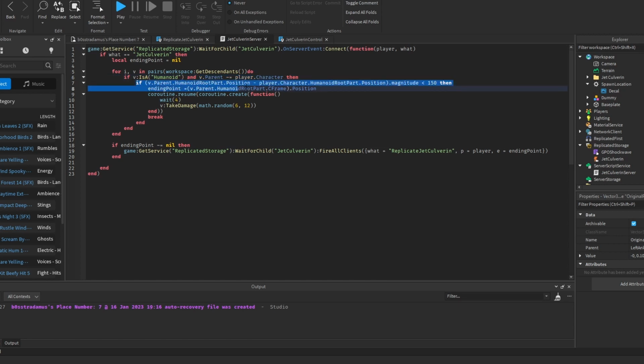so our character model, all right? Now, this third check right here compares the distance of our targeted enemy's humanoid root part's position and our humanoid root part's position. Basically, we have a potential enemy right here, and we are just comparing the distances, okay? And if the distance is not greater than 150 studs, then we are gonna make this target right here our enemy. What happens then is that this ending point variable receives a value which is the position of our enemy's humanoid